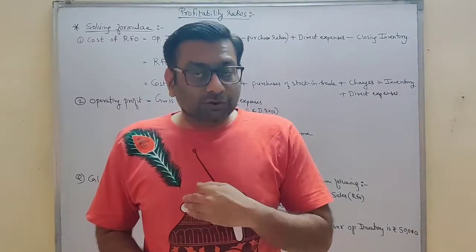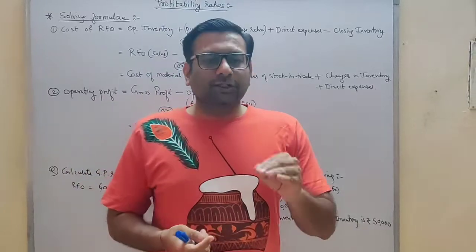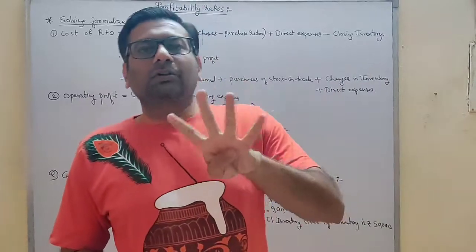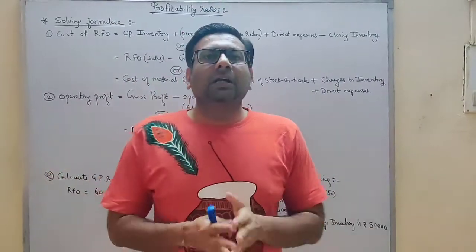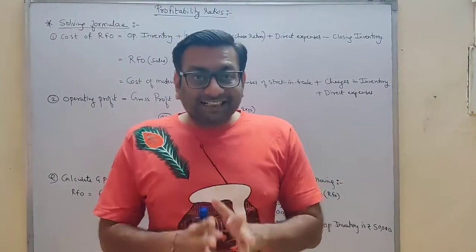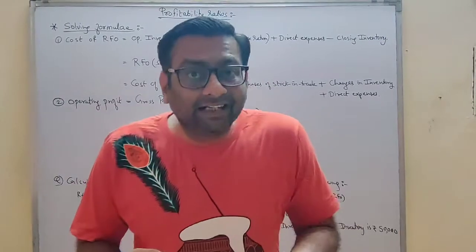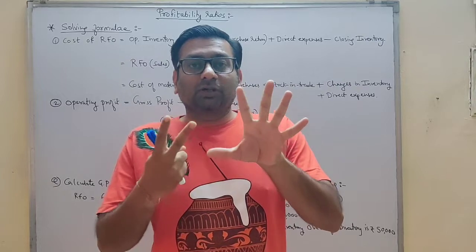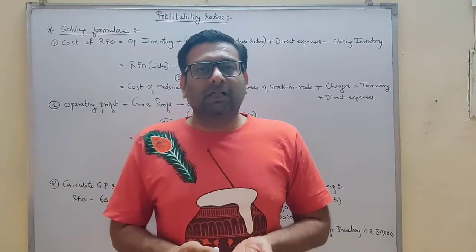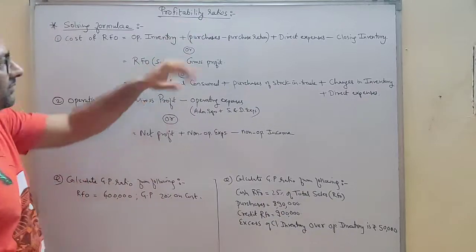So the first 4 formulas, students, you need not learn. It's very simple and easy to keep in your mind. Your denominator for the first 4 formulas is the same, RFO, and fraction into 100, so that you get all 4 answers in percentage. Now the remaining 3 formulas: in profitability ratio you have 7 formulas in all. You may first feel that there are 7, but out of 7, 4 are very easy, so only the remaining 3 you will have to learn. Understood? Clear?